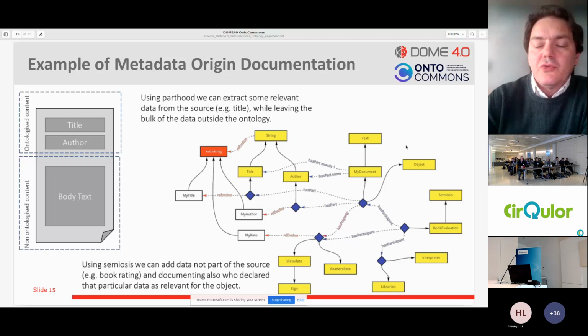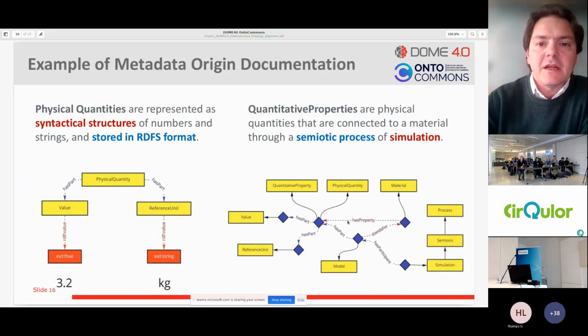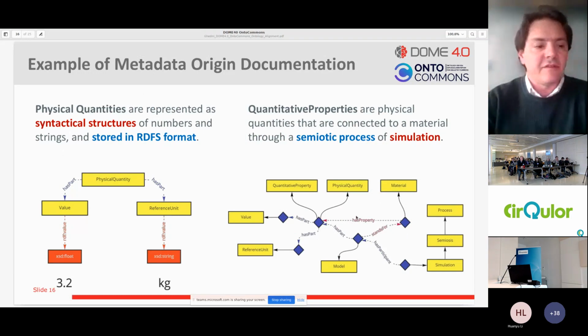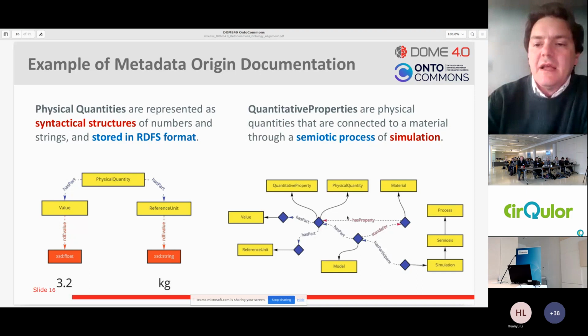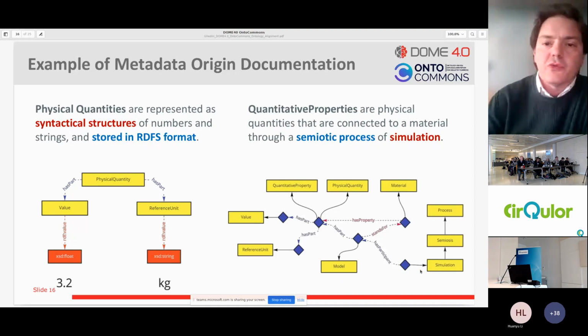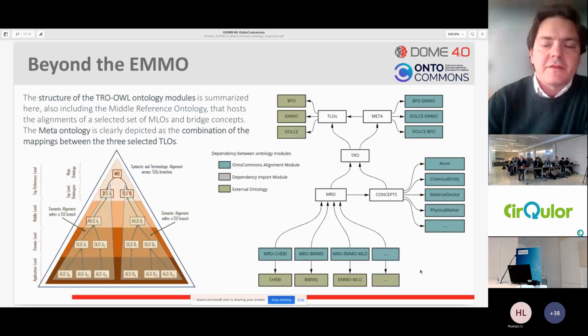So you can, using an ontology like the MMO, in this case, connect the metadata and provide also the provenance of the metadata that you use to document your data set in a really expressive way. This same approach can be used to connect properties like a physical quantity to a material, keeping track of the simulation process or the characterization process used to generate these properties.